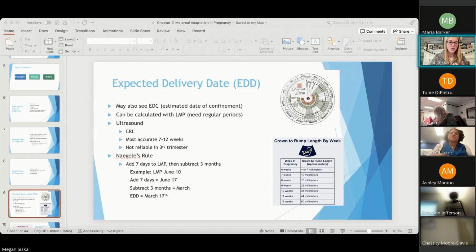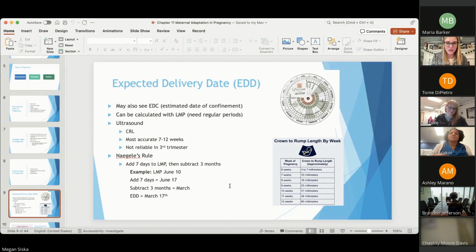And even if we were 100%, we know that babies can come early, right? And we know that babies can stay in longer than they're supposed to. So it is an estimated due date. I always remind my patients that this is not 100%. Now I will tell you, just as a fun fact, one of my sons was born on his due date, which is really, really rare, but he was ready to come. So anyways,